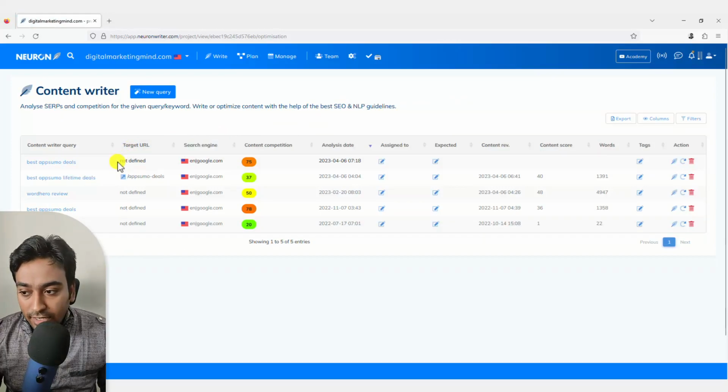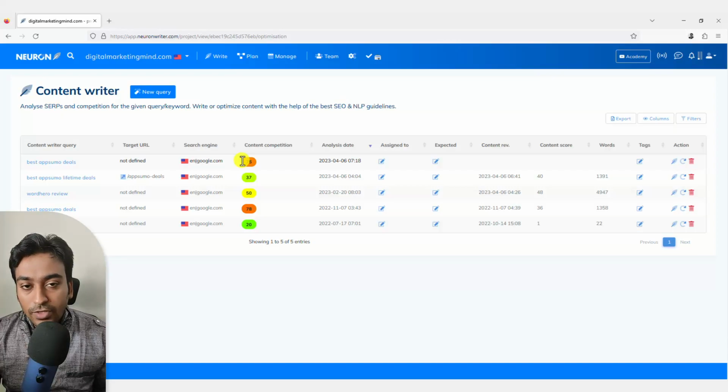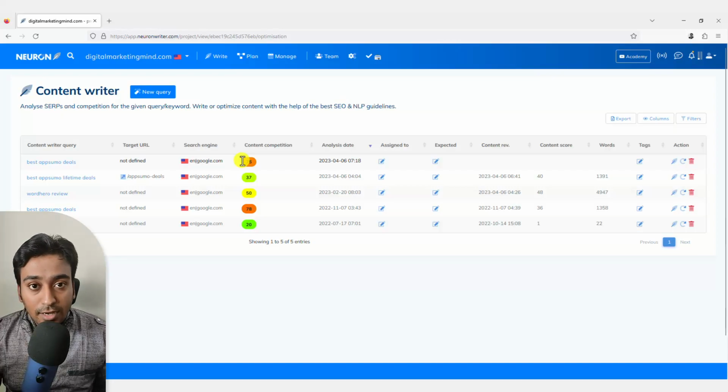And you can see the content currently showing the keyword, target URL I have not defined, content or competition. I made a small mistake when I was explaining earlier. This shows the current average content optimization within the keyword itself. So this is the competitor content optimization. This shows that this keyword is, based on content alone, very competitive because they have optimized it really well. So that is what it's showing here. All this data is empty because I haven't done anything within this yet.